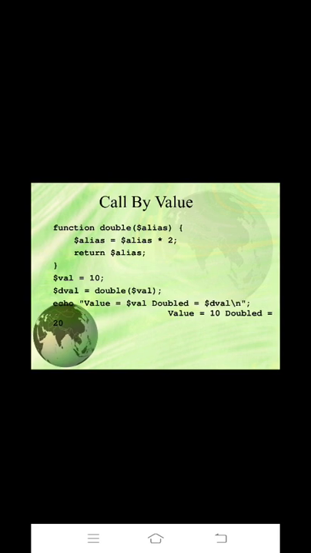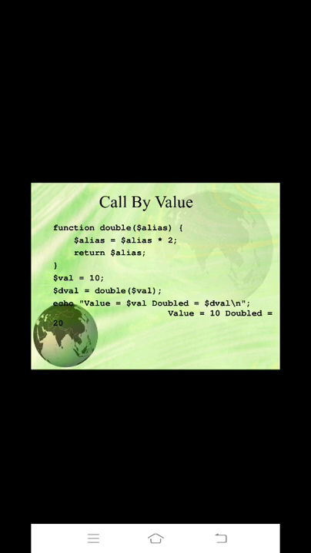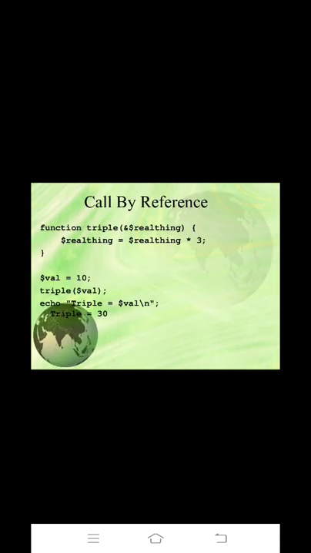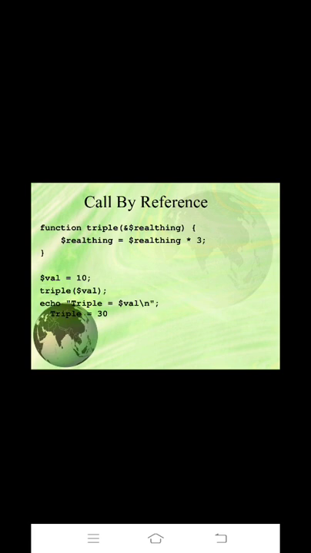So what is the difference between call by value and call by reference? Here $alice is there. Suppose you want to change the same program to use call by reference, simply write the ampersand before $alice. So instead of passing the value 10 to alice, it passes the address. After passing the address, the value is substituted. So here we are calling by using that reference. So this concept is called call by reference, right? That is the concept in PHP: call by reference.